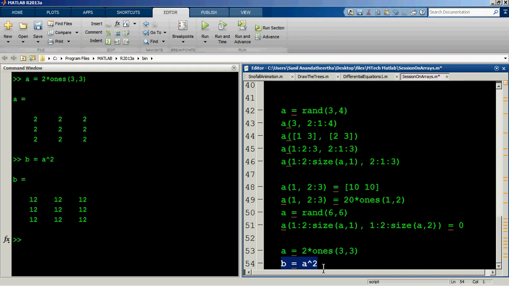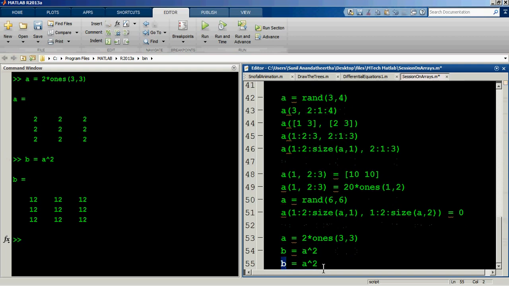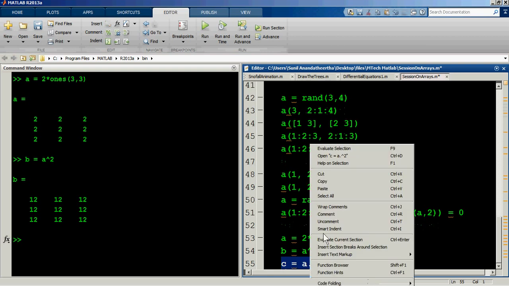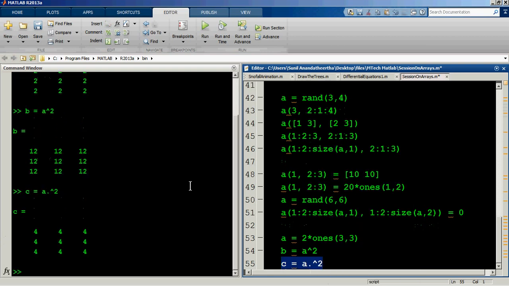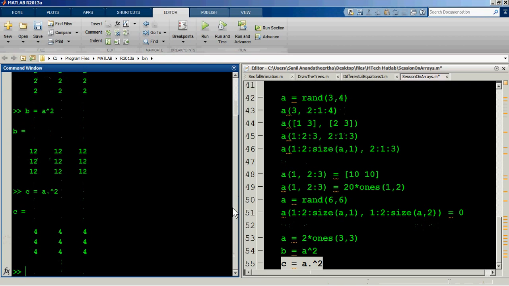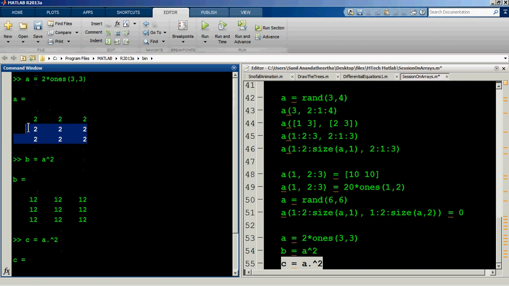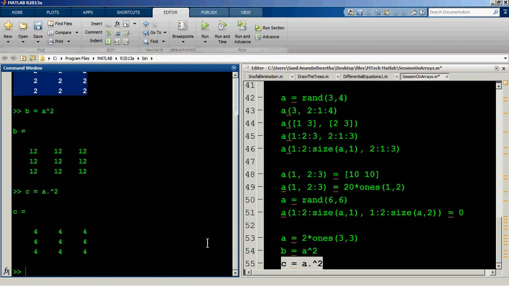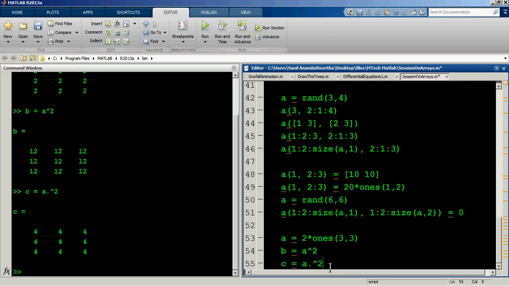Basically you can also have another type of matrix multiplication. Let's see what happens if I put a dot operation there. This is basically me trying to do element-wise operations, as expected. As the name suggests, 2 gets squared, 2 gets squared. Individual elements of the matrix A are getting squared and being stored in a variable called C. Therefore C gets a 3 cross 3 matrix where each and every element is 4. Right, this was one thing which was left out.